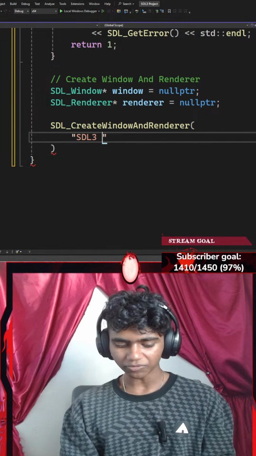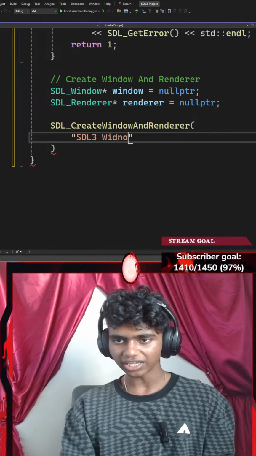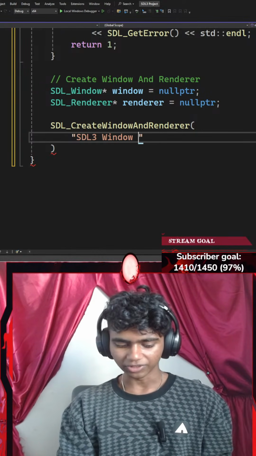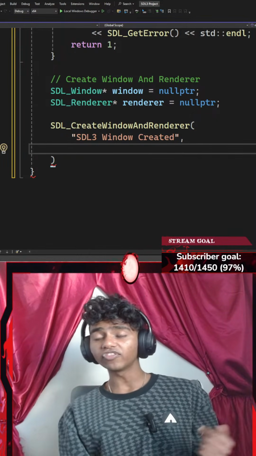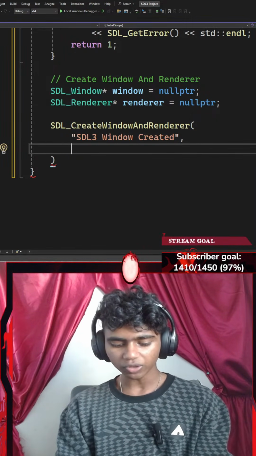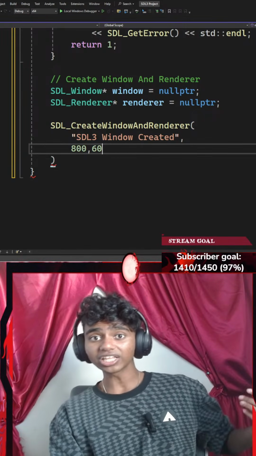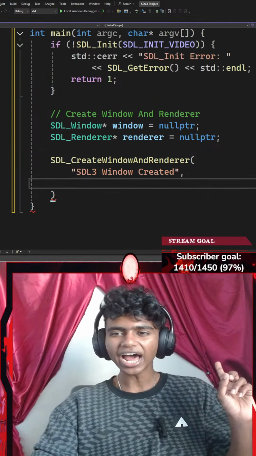I could set that to something like SDL3 window created. Let's go with something like window created. Okay, and then let's add a comma here. Now I'll need a width and a height for the window. But instead of going with something like 800 by 600, which are hard-coded numbers, I might actually go all